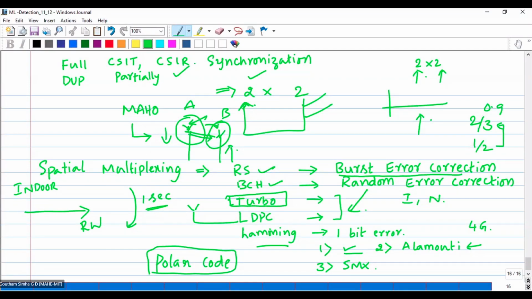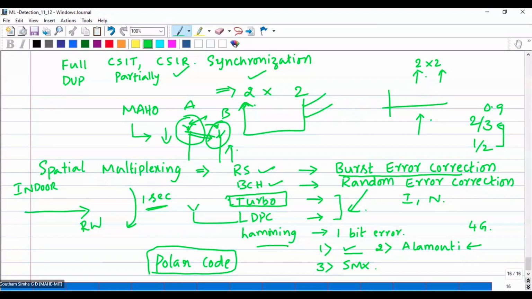At the same time, if you have dedicated antennas, and if you are able to achieve the array gain with that, then the diversity gain with the improved number of antennas and the array gain, that is the multiplexing gain, if you have achieved that, then it's wonderful. It means you have more branches, more degrees of freedom, hence a higher data rate. So MRRC, the Alamouti scheme, and SMX, that's what we have discussed.